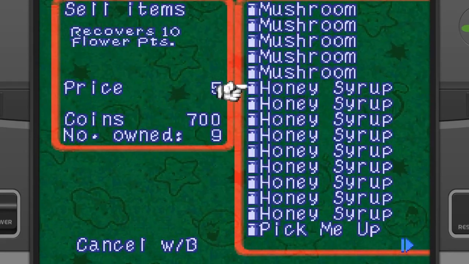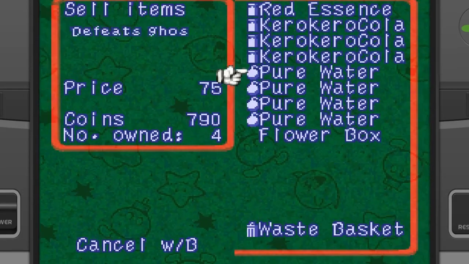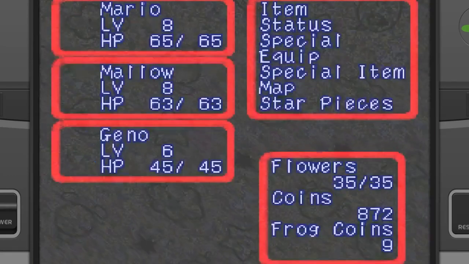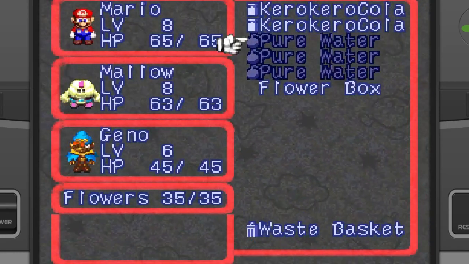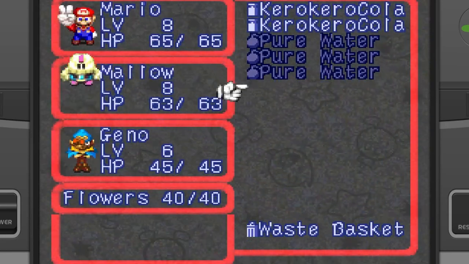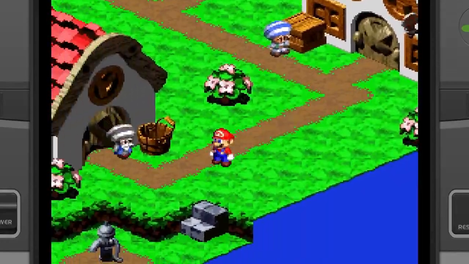Got a ton of honey syrups. I'm gonna sell a few of those off. A couple of pure waters. So I really don't use that many items, at least not yet, we haven't had to. Might get to the point where I use a few more, but I want to have inventory space. And the flower box raises your flower points by 5. I think that's the biggest boost item you're gonna get for the...